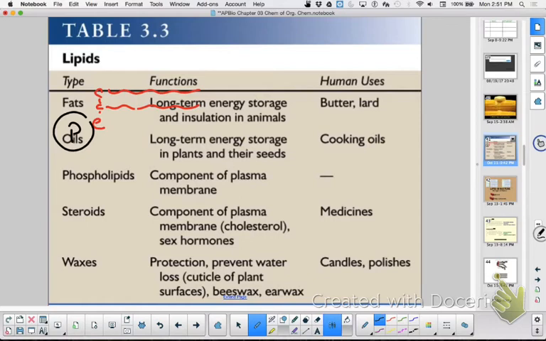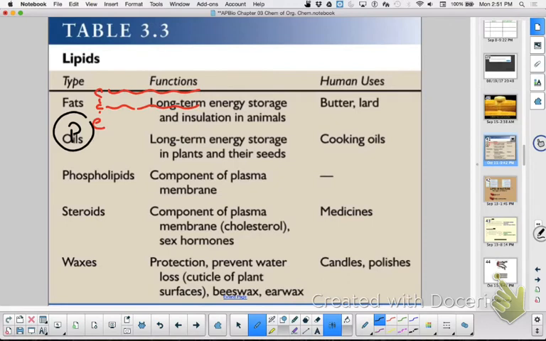Cell membranes. You have two layers of phospholipids in your cell membranes. Why do they work so well? The long fatty acid chains are hydrophobic, but the phosphate groups are hydrophilic. So we put them on the outside towards the liquid medium of the cell or towards the inside towards the